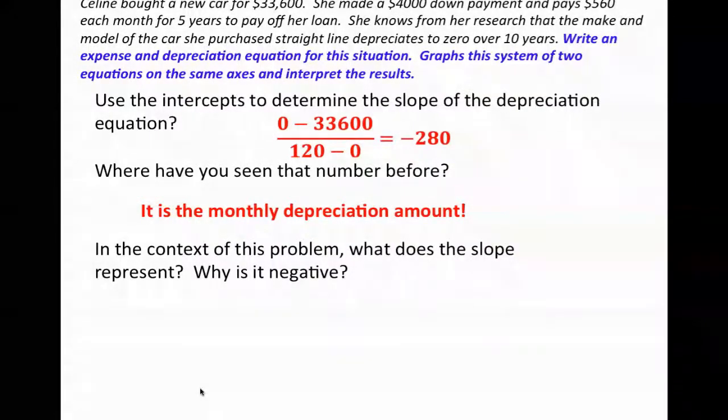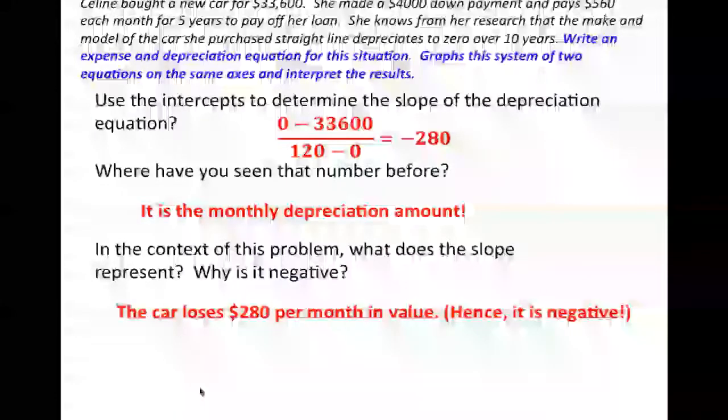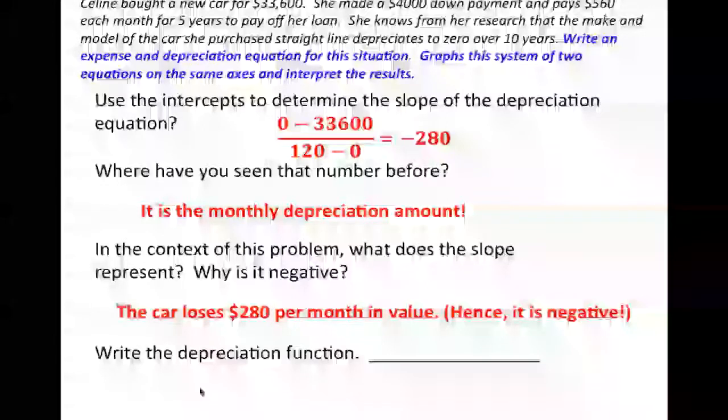In the context of the problem, why is the slope negative? It's negative because the car is losing value by $280 per month. Write the depreciation function. Well, negative 280x plus the original price of the car. Now,